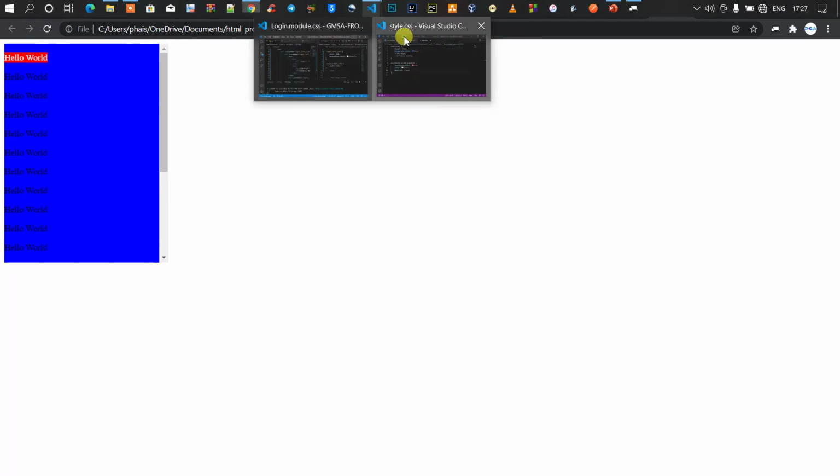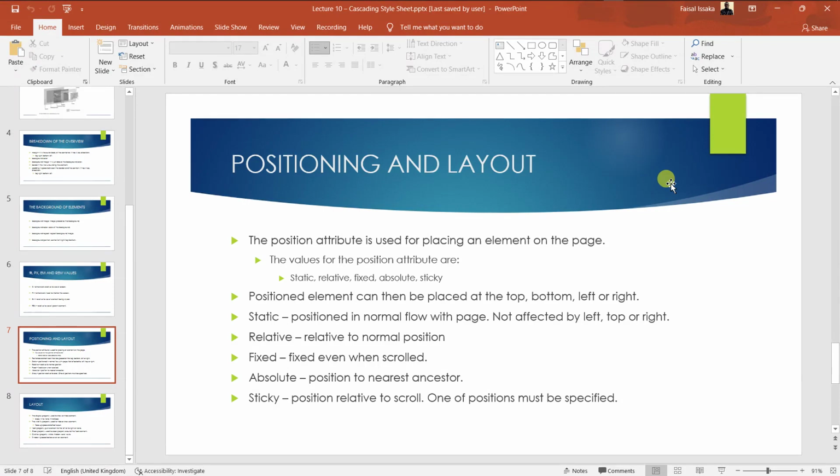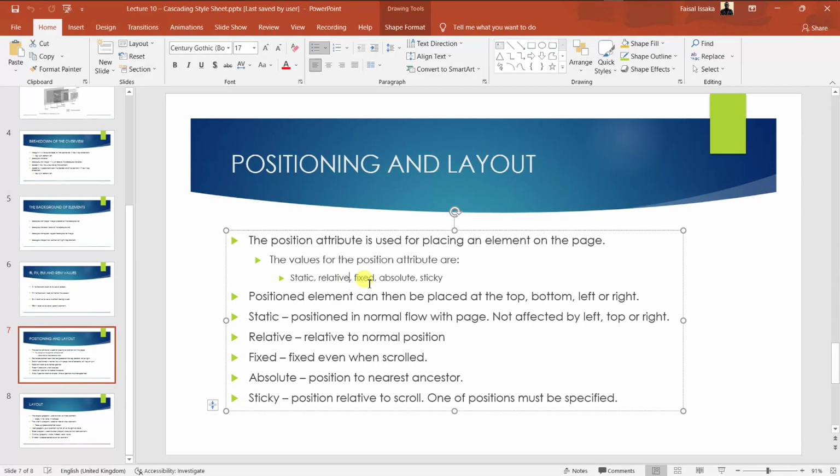So when we say positioning, or the position CSS property, it takes in some values. The key values you can find are static, relative, fixed, and absolute, as well as sticky. These are the five main ones I could look at in this video. Then the next one will be our